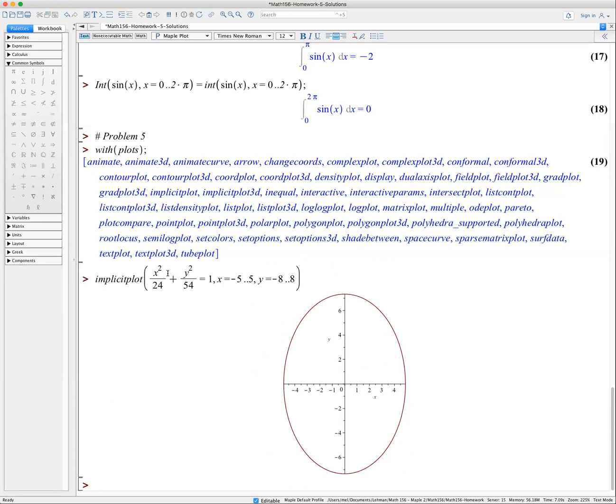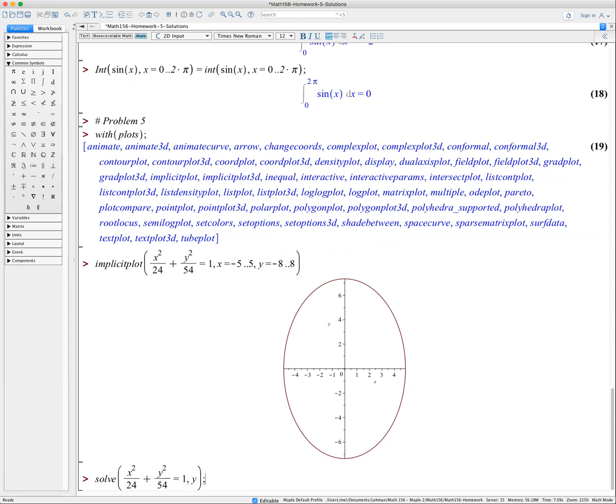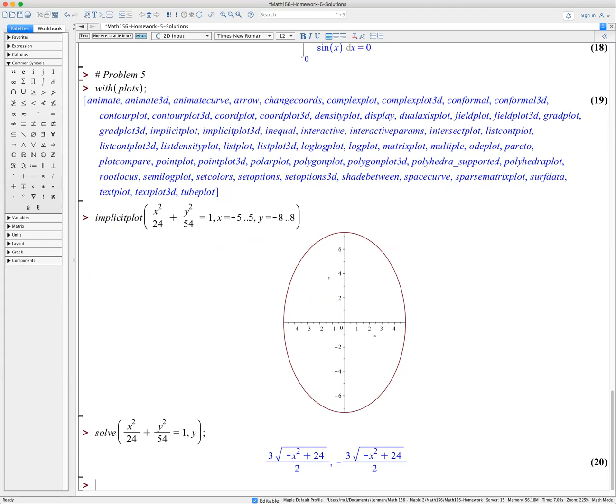So one thing I can do is take this equation and solve for y in terms of x. So let's say I want to solve this equation for y. So y is equal to the top part of the curve, and this is the bottom part of the curve. Let's just check. Suppose I want to plot these two curves,